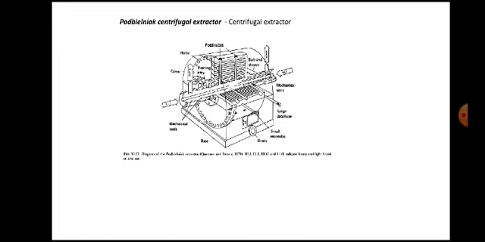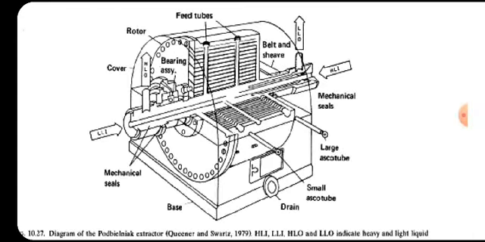This is how the centrifugal extractor operates. We have already learned about the design of this Podbilniak centrifugal extractor. You can see here that this is the big rotor, having these compartments, vessels, having these tubes, and these tubes are attached to the central shaft of the rotor. And they differ in their lengths. So we can see that